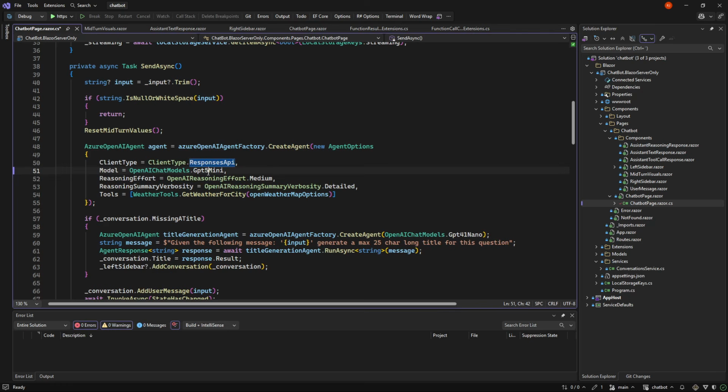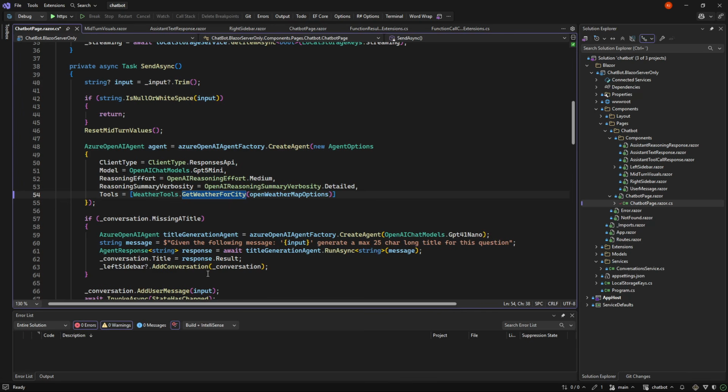I'm using ChatGPT 5 Mini, but you can use whatever. And in this case, I'm using medium reasoning effort. I'm getting all the details of the summary back. And as a tool, I'm using the weather tool, which comes from Agent Framework Toolkit as well, which is just a weather for city.